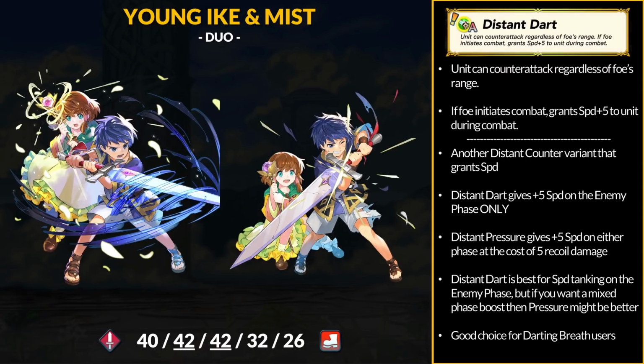Now, Duo Ike and Mist bring 1 new inheritable skill, and that's Distant Dart. It's Distant Counter, and if the foe initiates, you get +5 speed during combat. You may be asking, don't we already have this with Distant Pressure? Well, Distant Dart grants a speed boost in the enemy phase only. Pressure grants +5 speed during the player phase as well at the cost of recoil damage. High speed units love speed for either phase, so it's not a clear winner. Distant Dart is best for pure enemy phase type builds since you don't lose HP, and it does work with